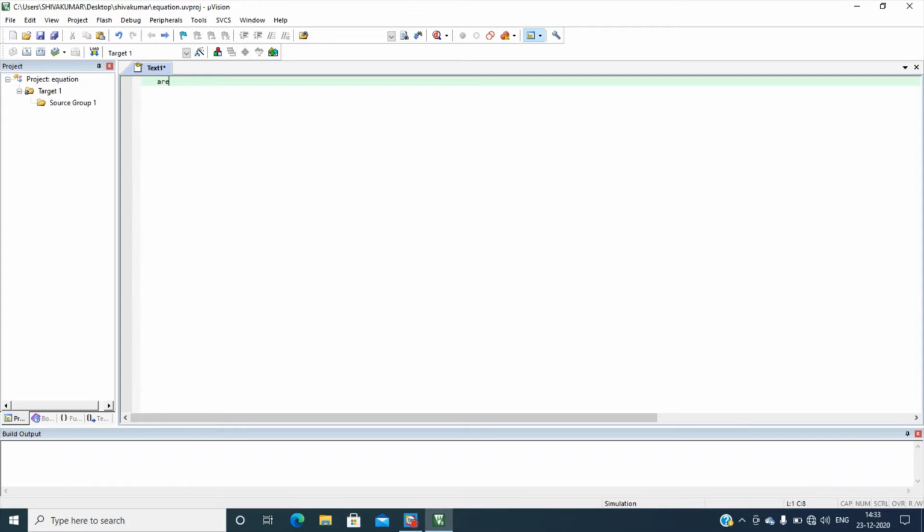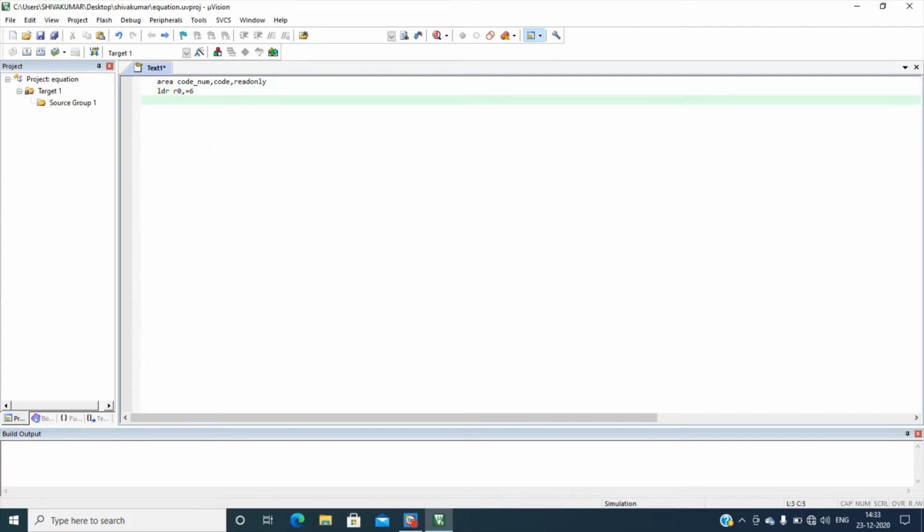First type AREA, then CODE_NUM, comma, CODE, comma, READONLY. After this, the LDR command, load register R0 with 6.